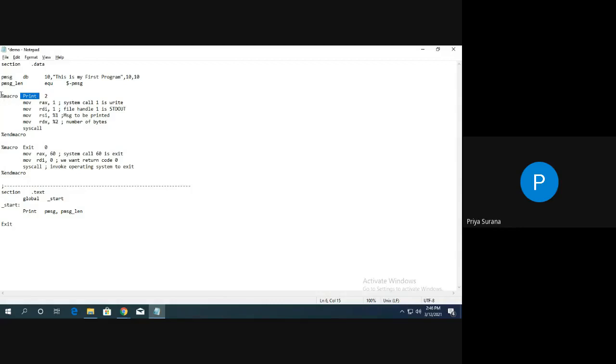Okay. So if you check the macro, what is the syntax of that macro? That is nothing but %macro, which is a directive, then the name of the macro, and how many parameters are going to be passed. You are aware of calling a function. In a similar manner, this 2 refers to how many parameters you are going to pass to this macro. Okay. So this system call, this system function call, you can write separately or you can write within a macro. If it is going to repeat again and again, you can go for a macro.